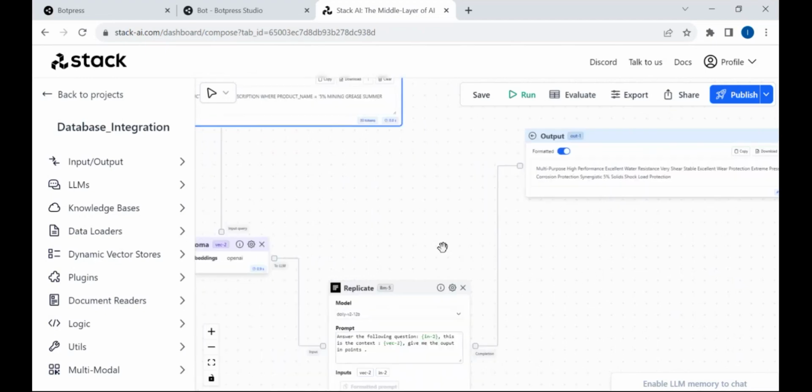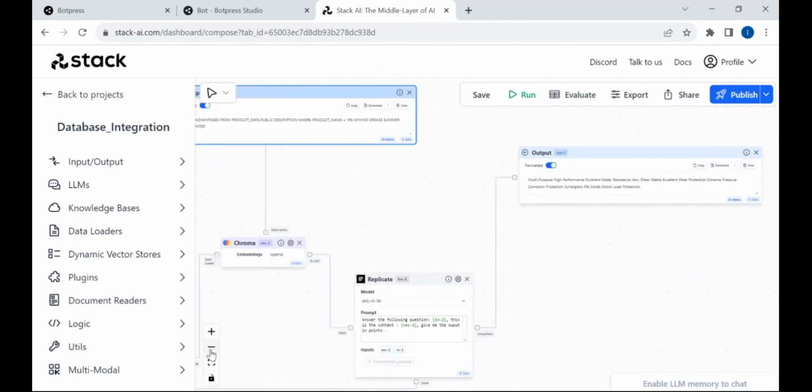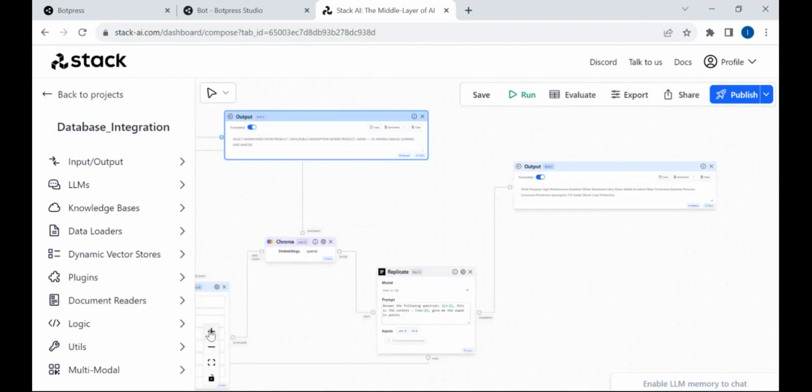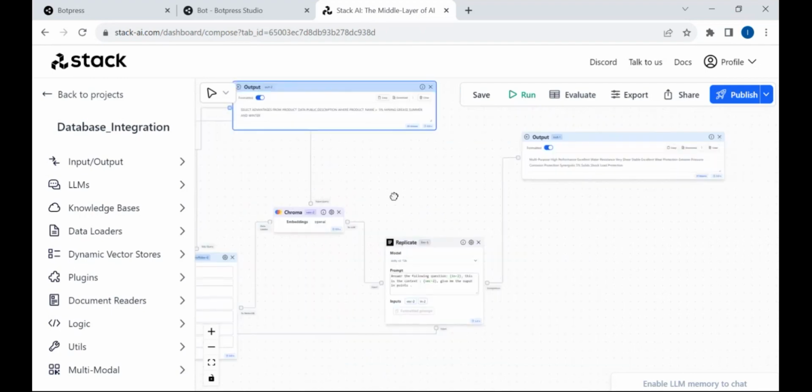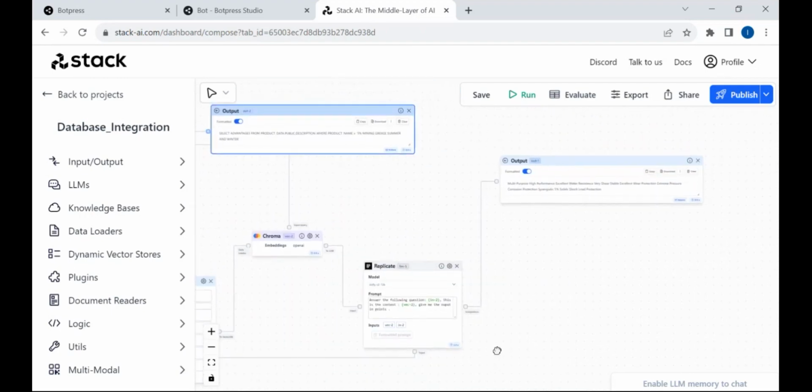But as mentioned, if we are able to train the Dolly model on our own data set, it would give you better formatted and more accurate results. The reason for using the OpenAI model here instead of Dolly is that initially I used two Dolly models, but the Dolly model was unable to generate the SQL query that accurately or properly. That is the reason I had to move to OpenAI here, and in that query generation process, OpenAI was the winner. But when trained on our own data set, Dolly would also give you very good results.